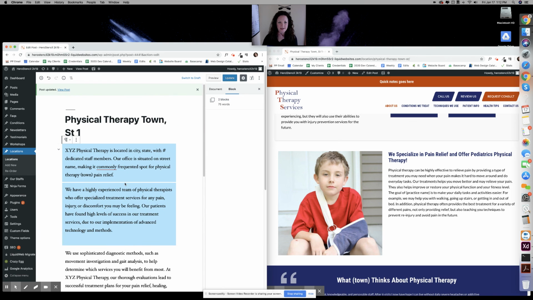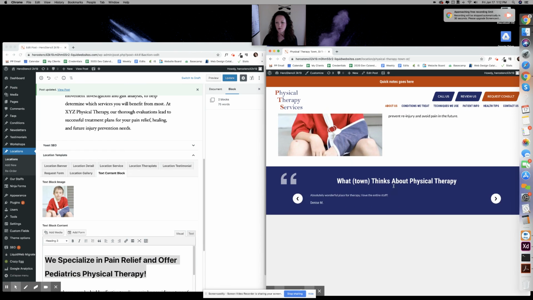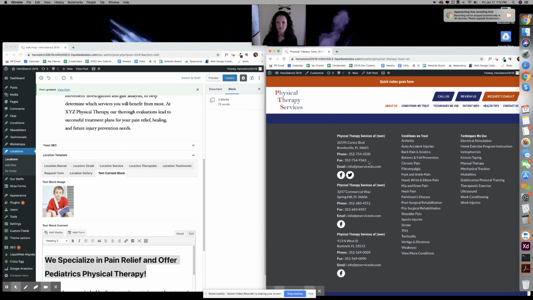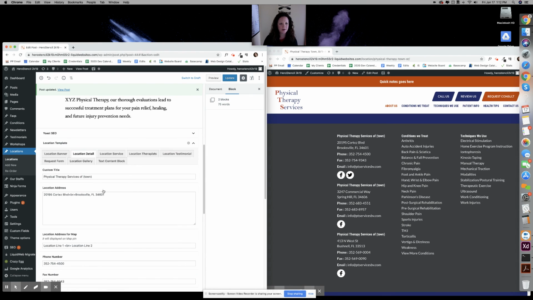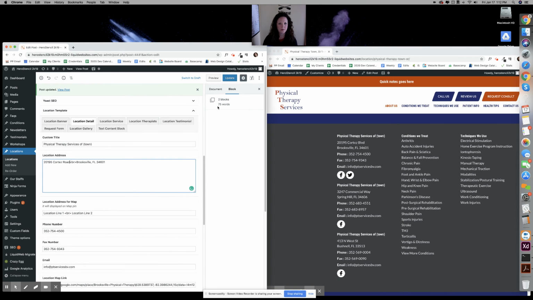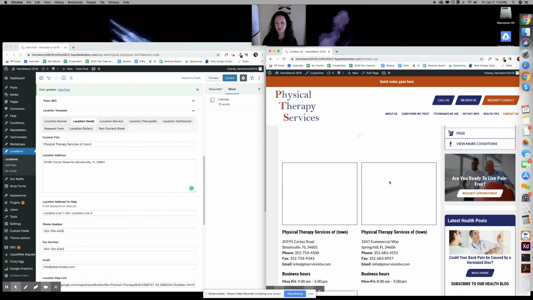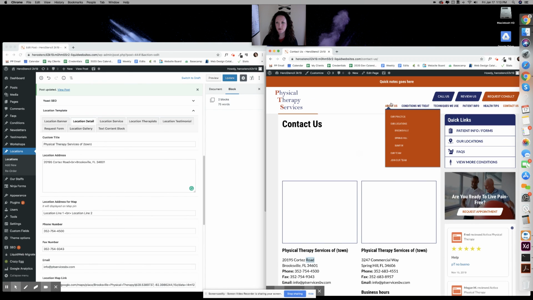All right, so that is basically it. I am going to show you how the fields are affected in the footer. So let's come over here to the details page, and say we want to change this to road. And we're going to update. So let me show you, we're looking for this one to change to road. Let me refresh this, and it's going to change it to road here. We go to the contact page, it's going to change it to road here. And then of course on the